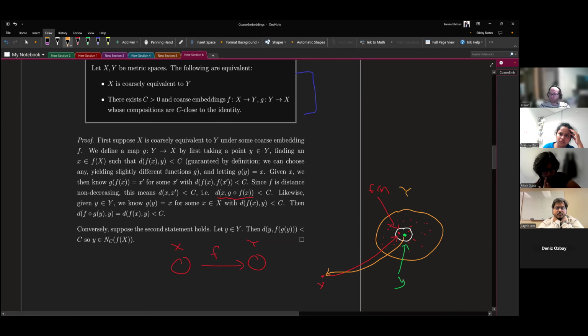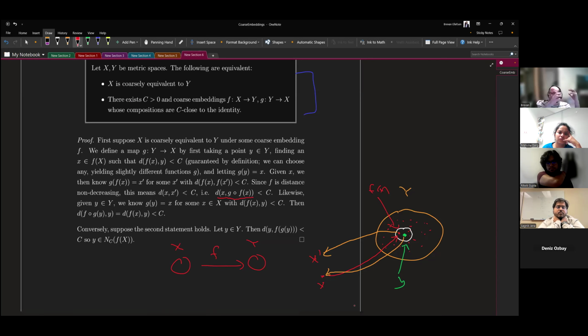Sorry, this red point takes the green point back to the red point. This red point over in Y was the image of the red point in X. The problem is the image in Y might actually pull back to a different red point, X prime. So they're all separated by distance c, but because we have all this choice involved,